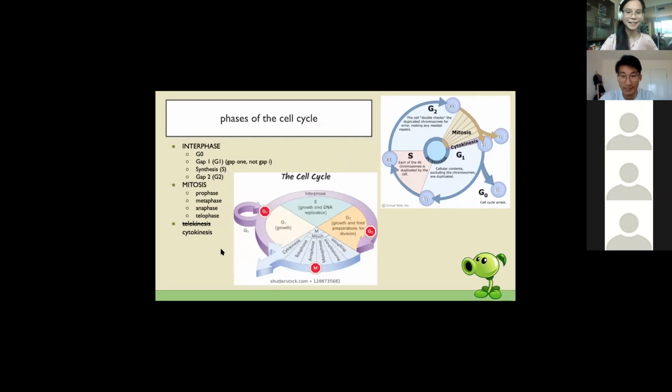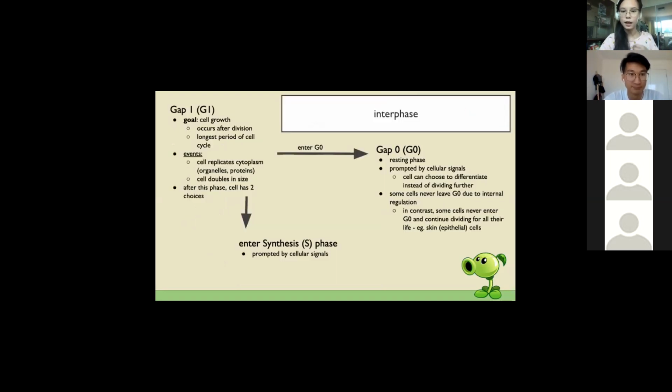No, on the slide. All right, so in the cell cycle, there is interphase, which includes GAP1 or G1, synthesis, and GAP2 or G2. There's also G0, which I'll talk about as well. From G2, the cell moves on to mitosis, which includes prophase, metaphase, anaphase, telophase, and cytokinesis. Not telekinesis, as I accidentally typed when I was making this slide. All right, so